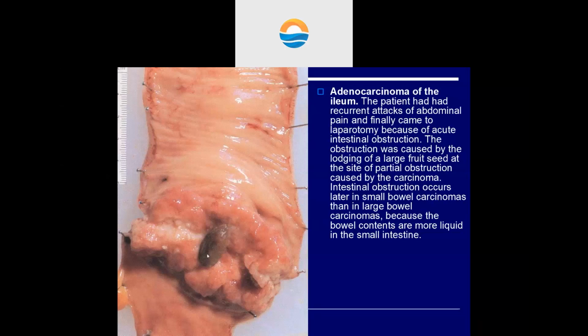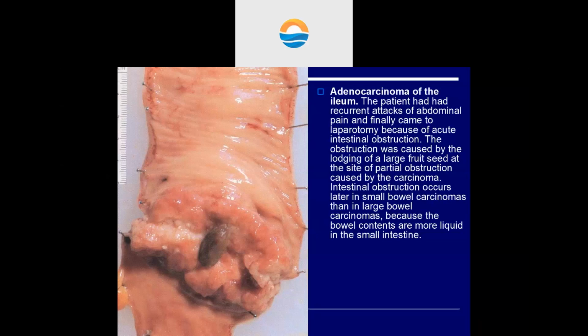You see here the seed and also the tumor. So it helped to produce the total obstruction of the ileum. And intestinal obstruction occurs later in small bowel carcinomas than in large bowel carcinomas because the bowel contents are more liquid